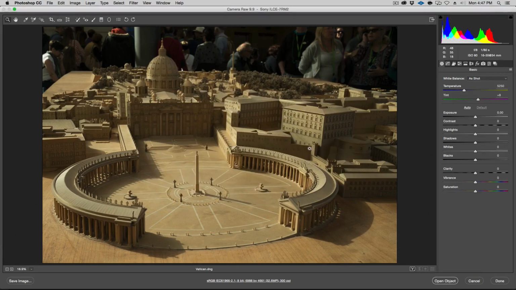What that means is once you've done your adjustments, it creates a smart object in Photoshop that lets you come back to the RAW file, meaning that you have not rasterized your RAW file. It's a link, and that means you keep your whole dynamic range, and it's very important you do so.